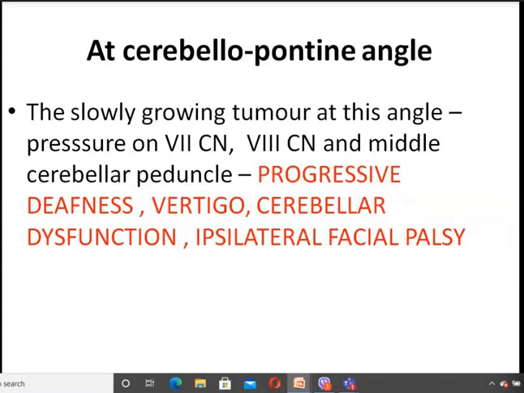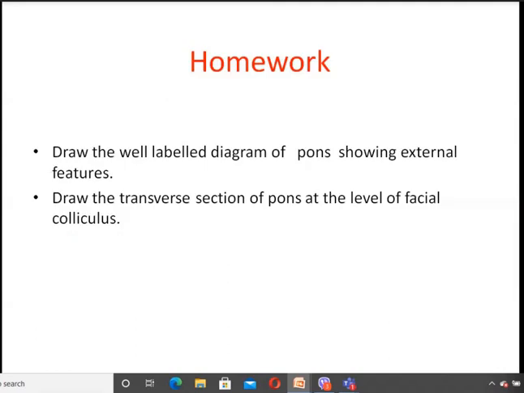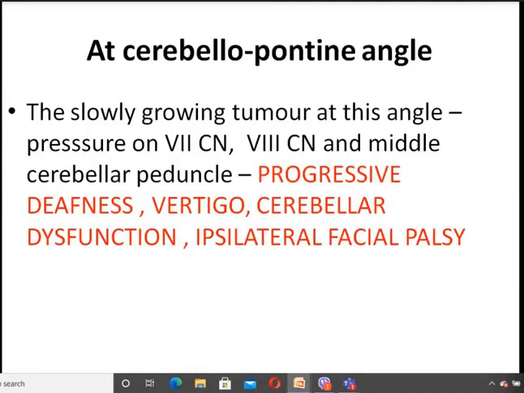These features we normally see in head injury cases, sometimes in cerebral hemorrhage cases, and road traffic accident cases. So we can see numbness, paralysis of the opposite side, or paralysis of the same side of the body or the head and neck region. It is because of the lack of arterial supply to the particular area. According to that, the symptoms will occur. That is all about the pons.